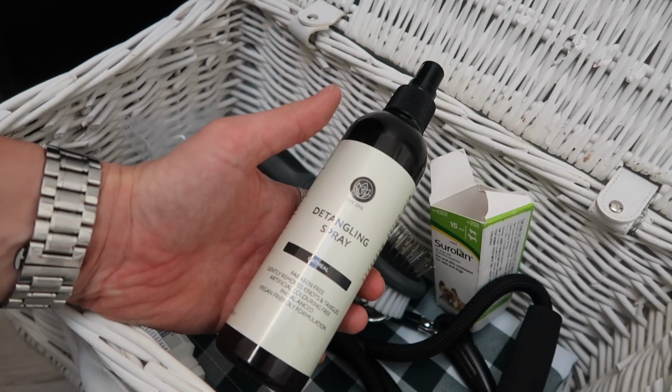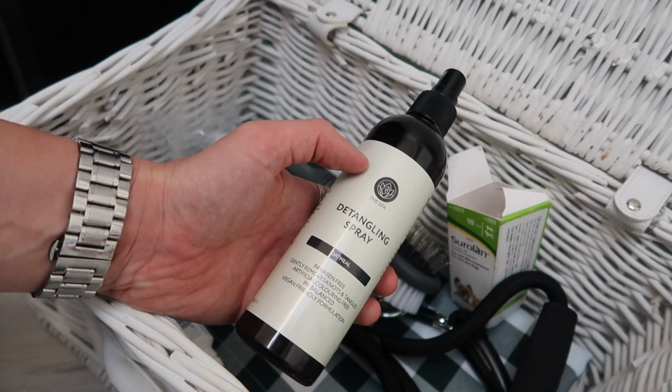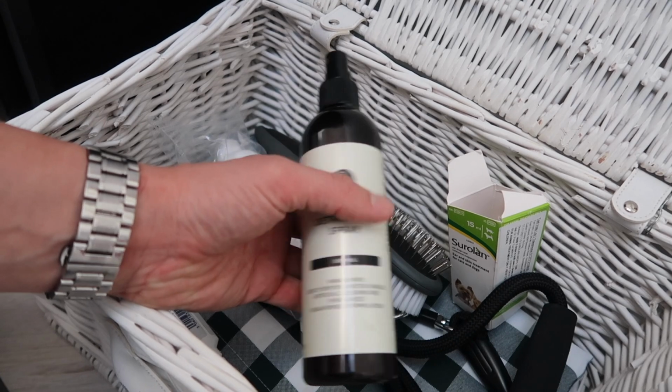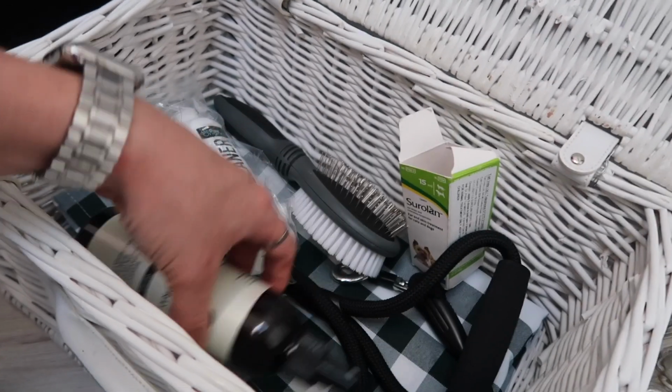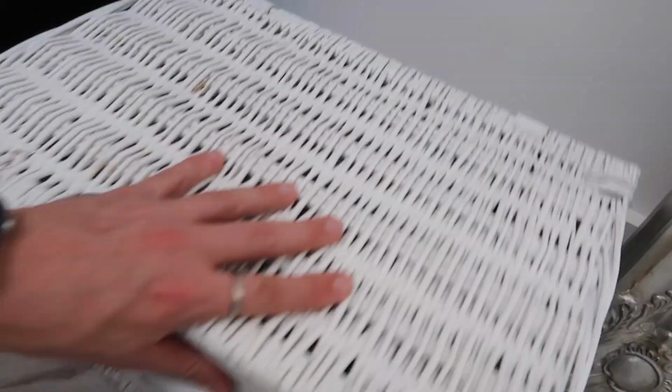We've got detangling spray. I do also have the deodorant spray of this, but as you can see it's not in here because we've run out, because like what he just did, he farts a lot, so he stinks. And a lead, pop that back in there. And finally, I've also got this mirror as well for when he wants to look at himself. And then in this box,